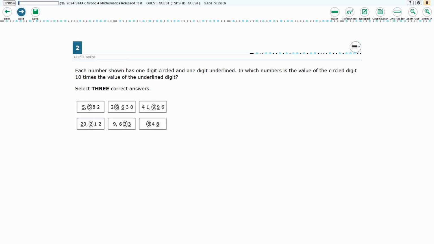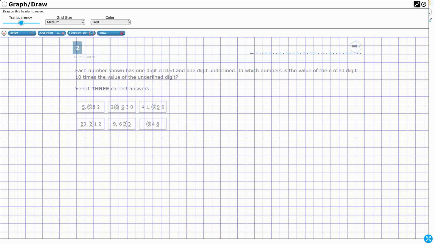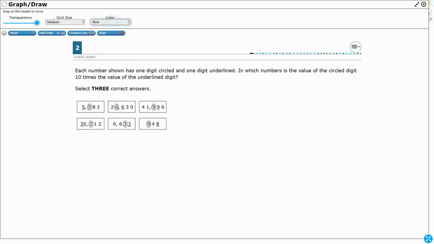Number two, we are looking at the base 10 number system. So this is going to be standard 4.2a. And as you'll notice, we've got to do three correct answers on this one. So this is a hot spot, and we have to get three correct answers. And so we need to